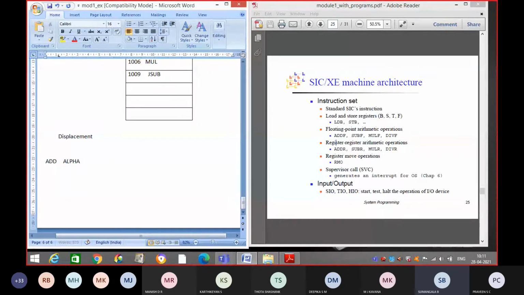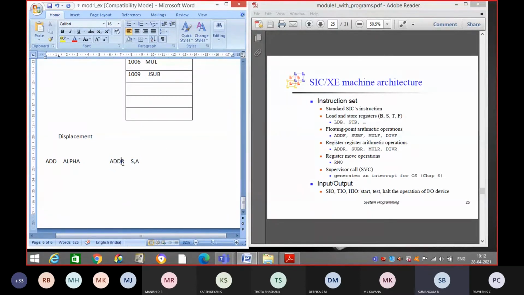So here we know that in the SIC machine we can make use of the S register and T register. S and T are general purpose registers we use for storing the results temporarily. That means when operands are present in the registers, that means operands are not present in the memory location like alpha, beta, gamma, what you have taken in the examples. We have the values in the registers. At that time we can give add R. That means we have to use the add instruction with respect to the registers.